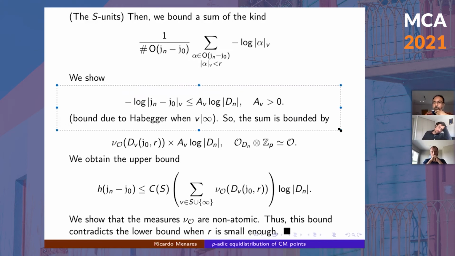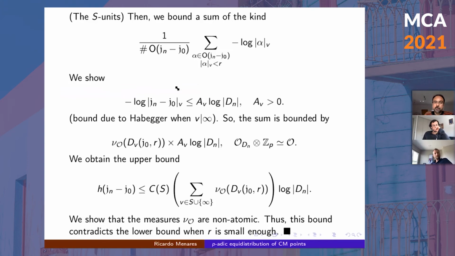This bound is part of Habegger's argument when the place is Archimedean. It's written in his paper, where he uses these bounds by David and Hirata-Kohno on elliptic logarithms. When v is non-Archimedean, we have also proved this bound. So this is a non-Archimedean analog of Habegger's bound, but the technique is a bit different. I won't delve into that, but it's an important step because we will use it now, as I will show. Okay,